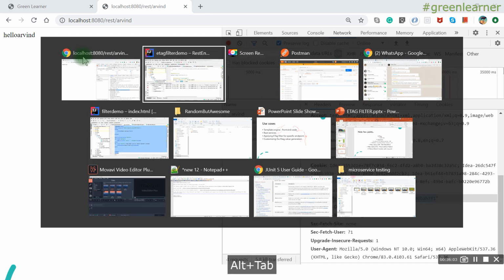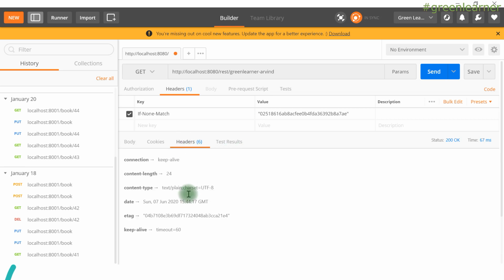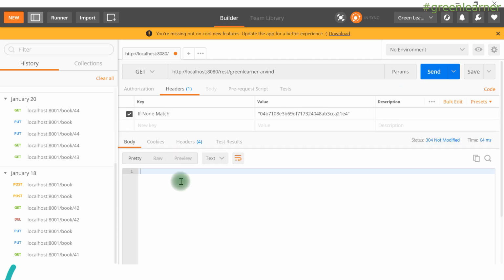If I take you to Postman again, this is the REST, and this is the new endpoint that it has. So it is responding with this one. The header information that it is giving, the ETag information has changed here, so I have to update it here. If I hit this again, I'm not going to get any response out of that.